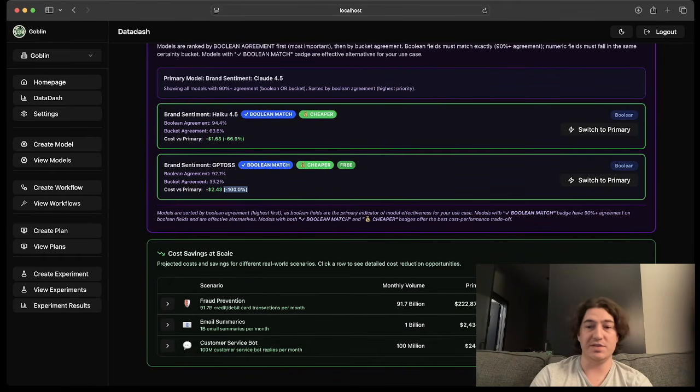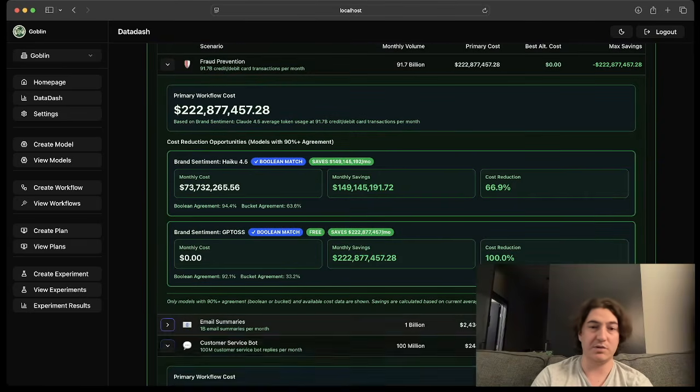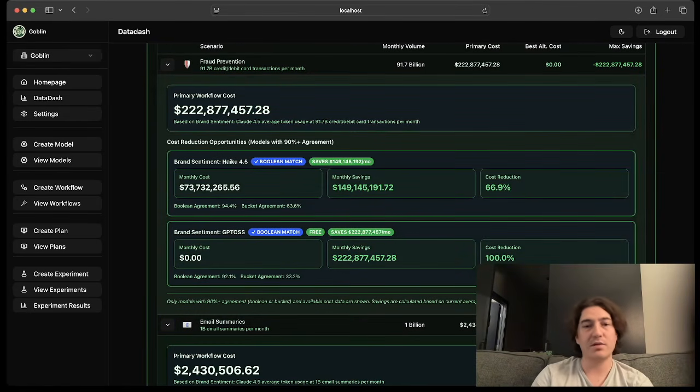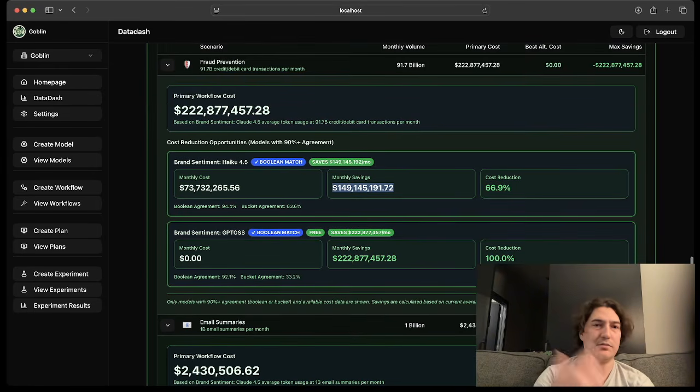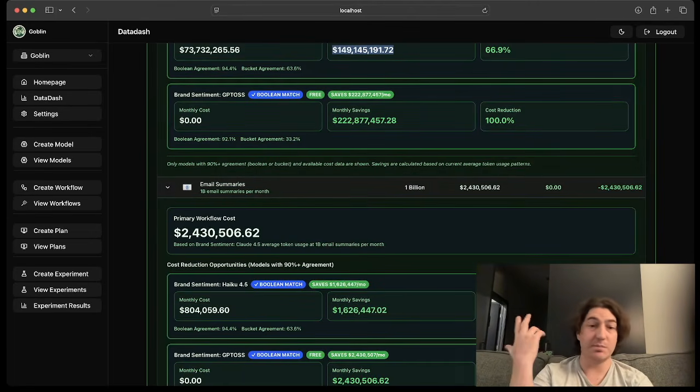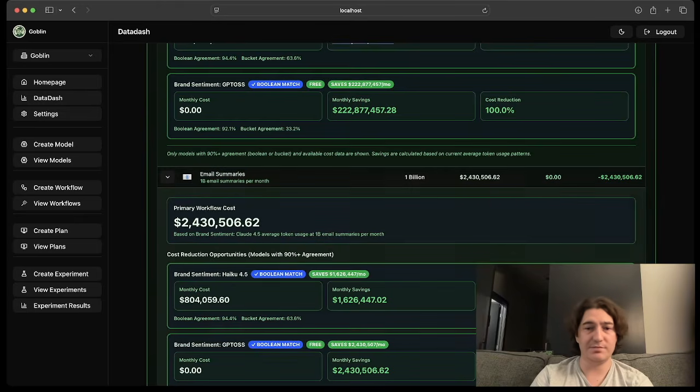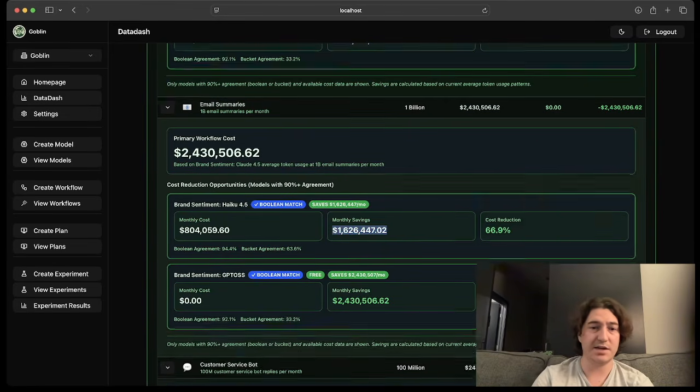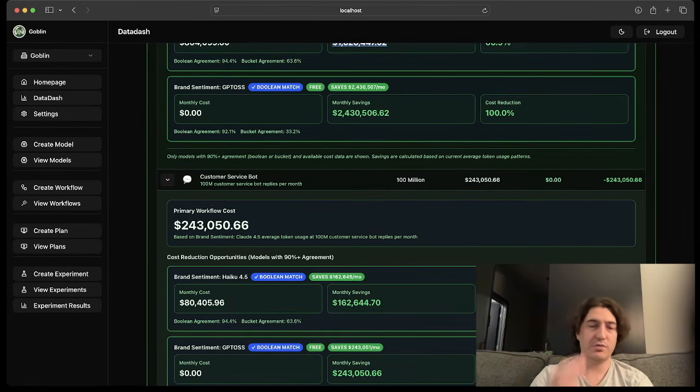These are using the max savings. Realistically, most people are not going to go spring for the free model, but the switch to Haiku would save, for all fraud prevention per month for all credit and debit cards, 150 million. For just 1 billion email summaries per month, that's about 1.6 million to go to Haiku. And then for another utilization level being 100 million customer service bot replies, that's about,